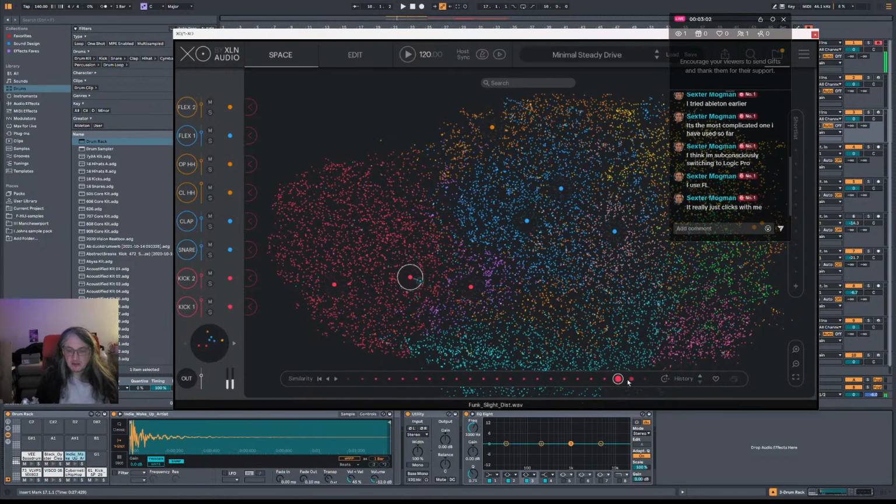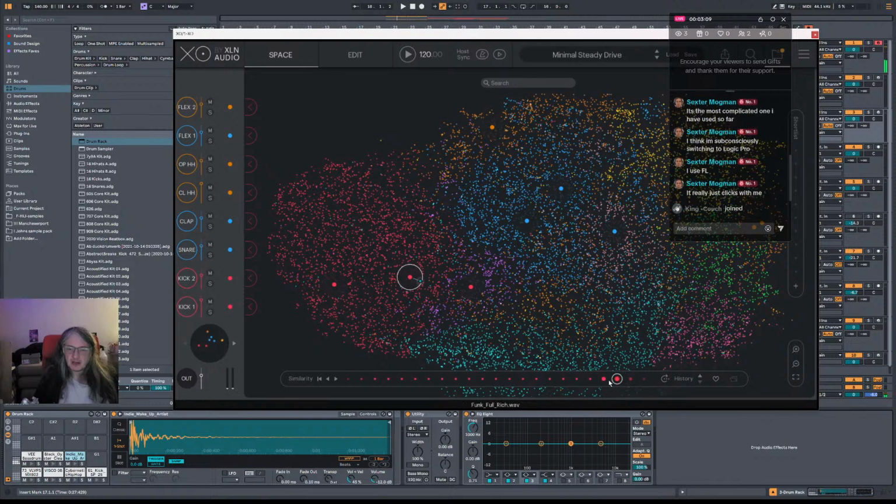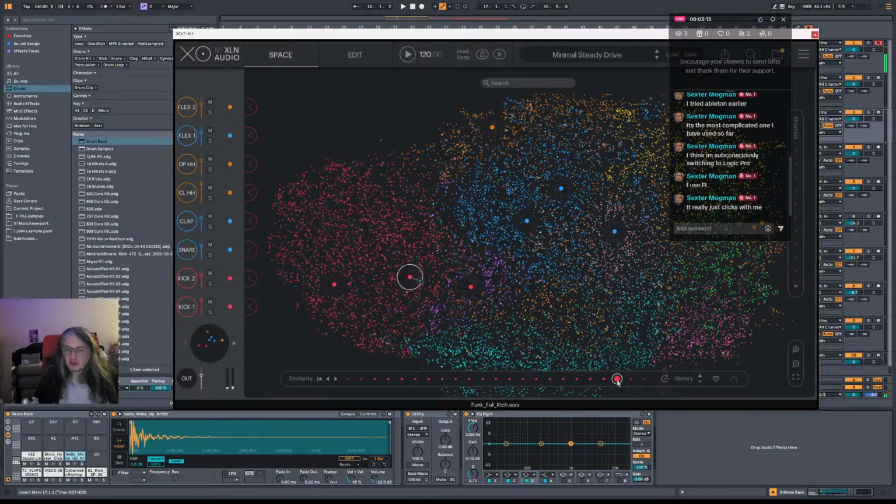I nearly went back to Cubase a few years ago. Why did I want to? I can't remember why. Because it improved a bit, and I've also got loads of really old projects in Cubase and I wanted to load some up. That's a lot of hassle just to dig up the past. Wasn't that bothered about it, but